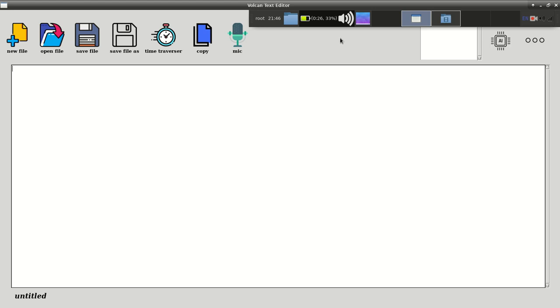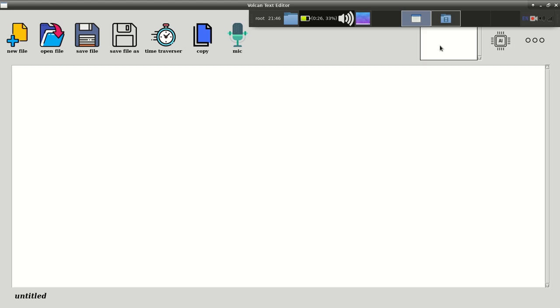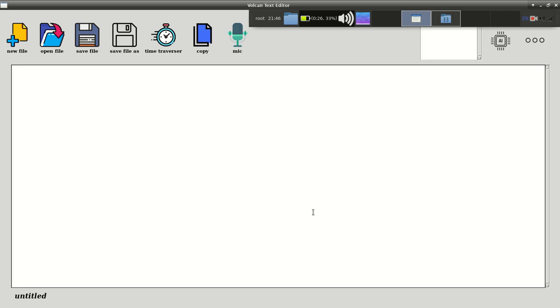And now let me just explain this one. Actually, this is the word suggester area, and this is the text area where you will type, and this one is the label where the name or the address of the whole file will appear, and this one is the indicator. I will show you how to use this indicator and each button.